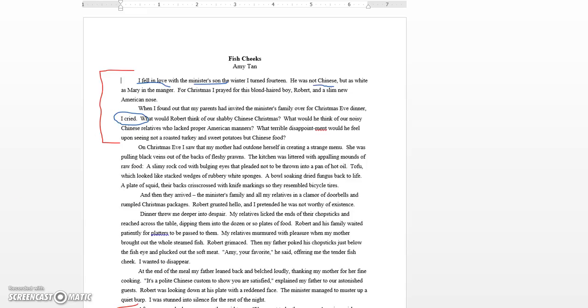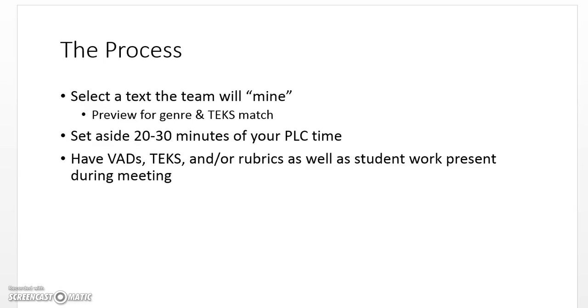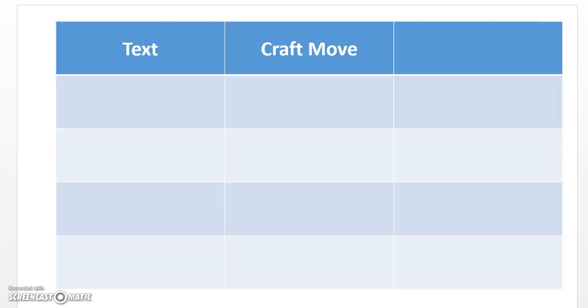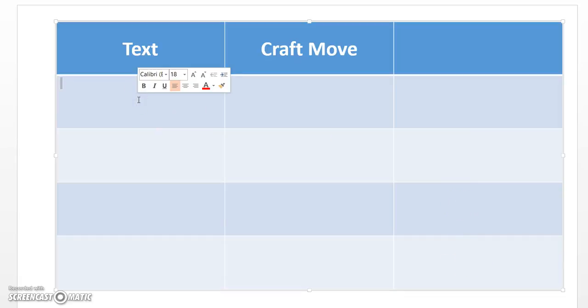So we kind of want to write this down and hold our thinking. So you'll want to create with your team a chart that on the left has the text, in the middle has the craft move. I'll talk to you about what goes in this third column in just a little bit. It's optional. But I might notice that in paragraphs 1 and 2,